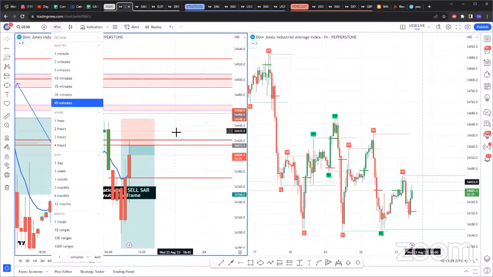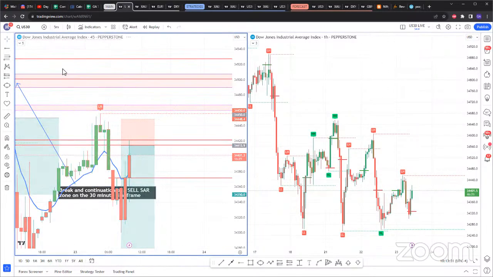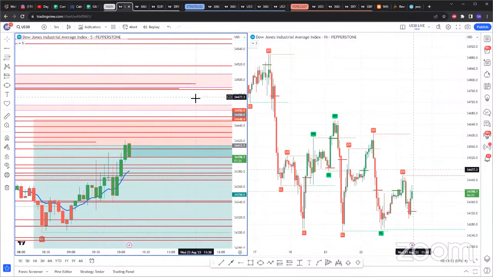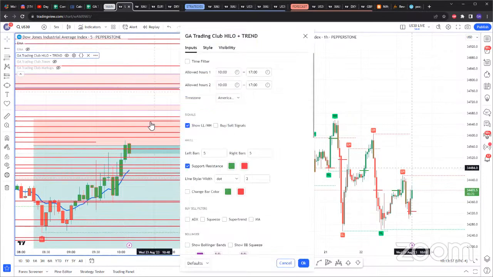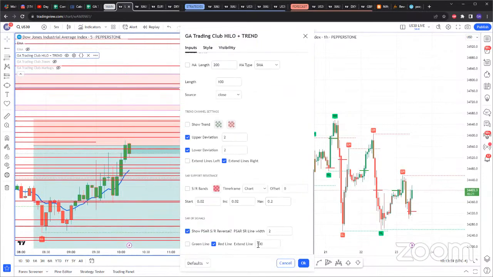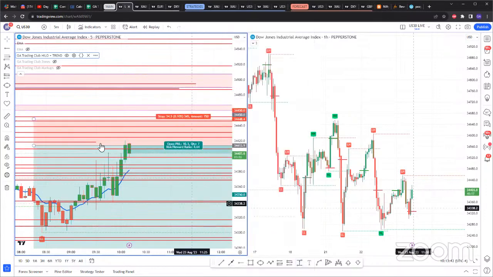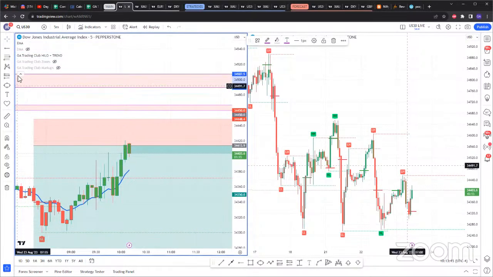So you decide: do you want to enter on impulse? I do not recommend that. I recommend coming down to the 5 minute and doing the same thing. Since this is on the 5 minute, if you extend lines on the 5 minute, your chart is just going to be messed up, so just reduce that, and let's see.